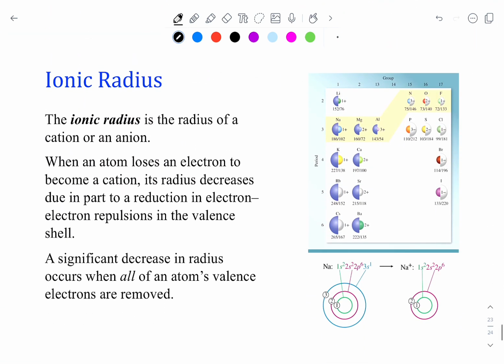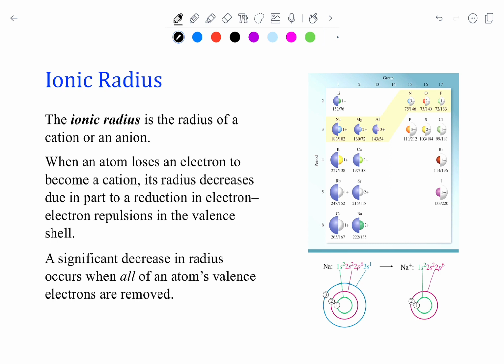So, how does this affect the radius when we're creating ions, when we're adding and removing electrons? How does this affect the radius of our atom? Well, we talked about atomic radius before, and we said it depends on the number of layers, the number of shells that we have, n values. As we increase the n value, we increase the atomic radius. But now that we're changing those number of electrons, and for some of these removing entire shells, how does that